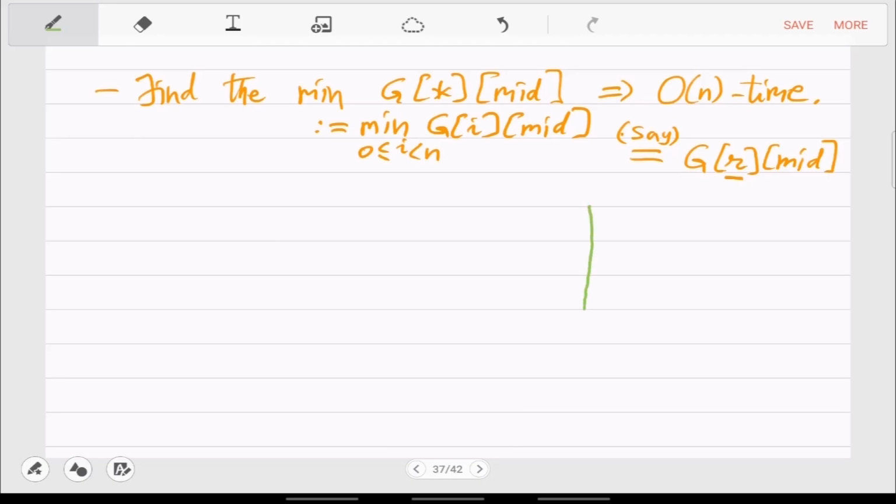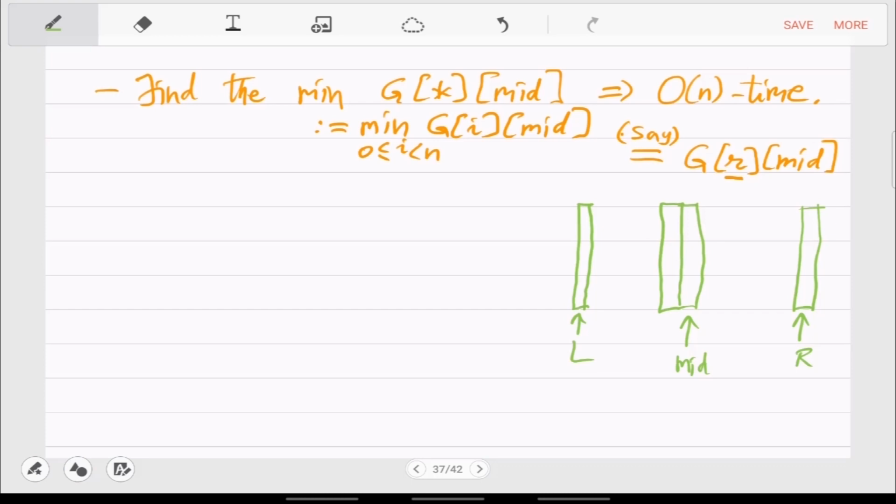You have the L column and the R column, and you are looking at the middle column, and the ones before and after.